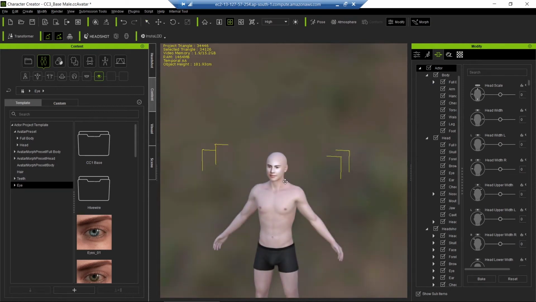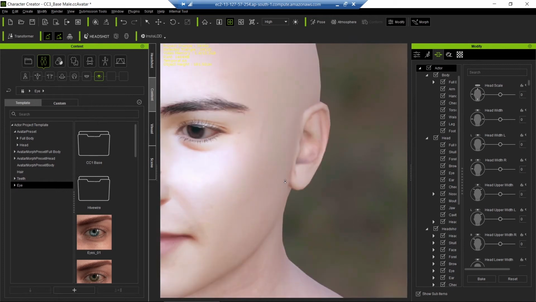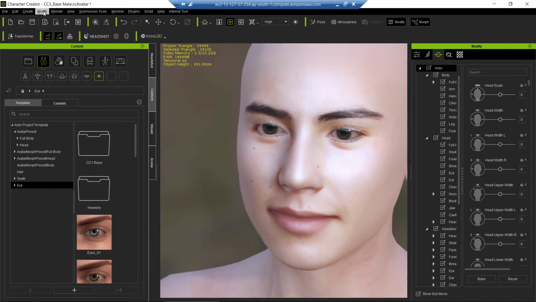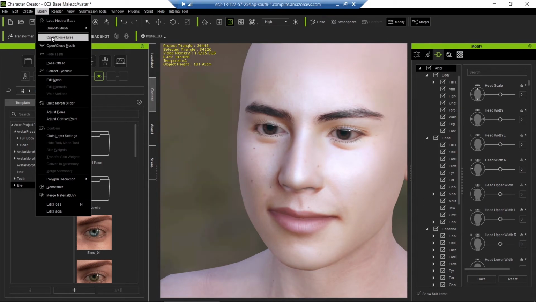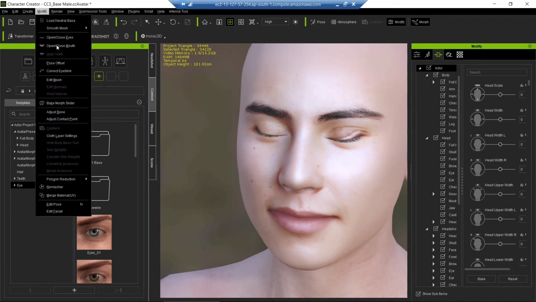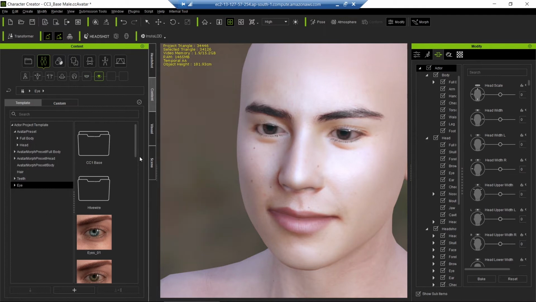Let me just go on the part here. Just zoom in. So this is the eye viewer. Your eye is looking as of right now. You can even close the eye. So closing the eye here, we have the open close eyes. How it will look when your eyes are closed. You know, these areas are not well mapped from the textures. You can even open the mouth. So this was the eye. Open close eye. Open close mouth. Open the eye, and you can even try some other eyes too.